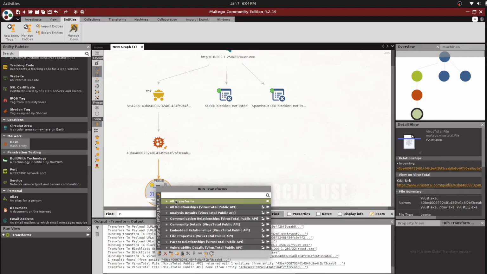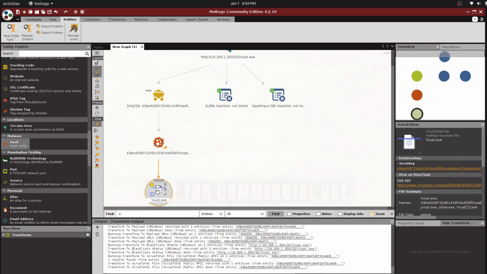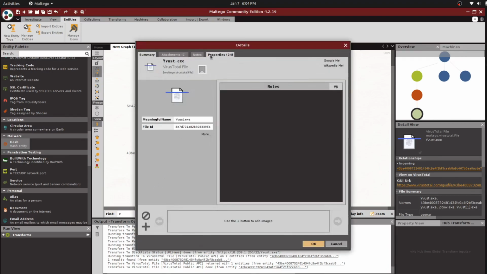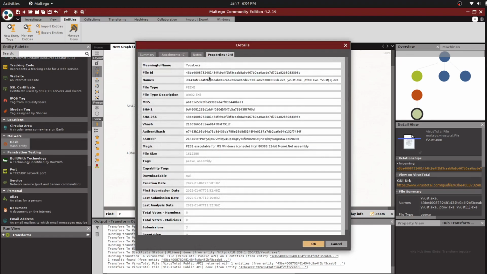When I double click and open the properties, I'll be able to see more details about this: the file ID, the hash value, the file name, and the type, which is PE, a portable executable 32-bit file for MS Windows and .NET assembly.